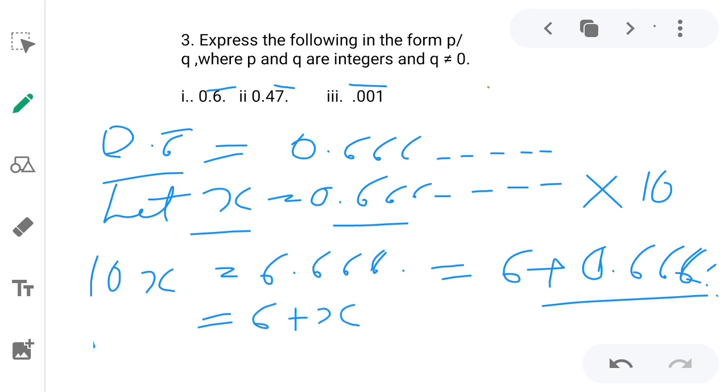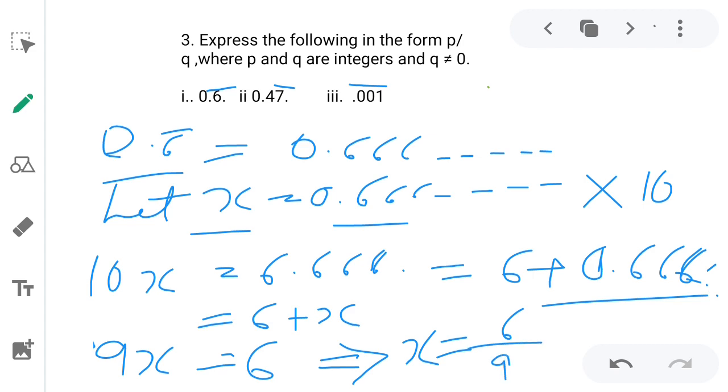When we solve it further, this becomes 9x equals 6. This shows that x is equal to 6 upon 9, which is equal to 2 upon 3. So 0.6 bar can be written in the form of P upon Q, that is 2 upon 3. Next,